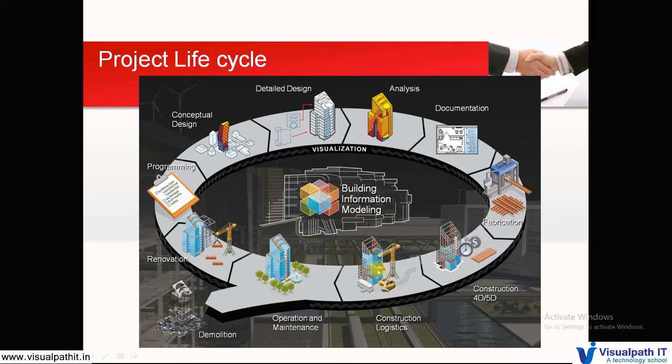Once the construction is done, the logistics part comes into the picture. Logistics means purchase of material: cement bags, rods and bricks, everything, and then the whole building is done. Now the operation happens. The whole building is sold to the clients. The clients come and live inside the building, right? Once the clients live there, the operation and maintenance happens. Again, I'm not talking about a very small house.